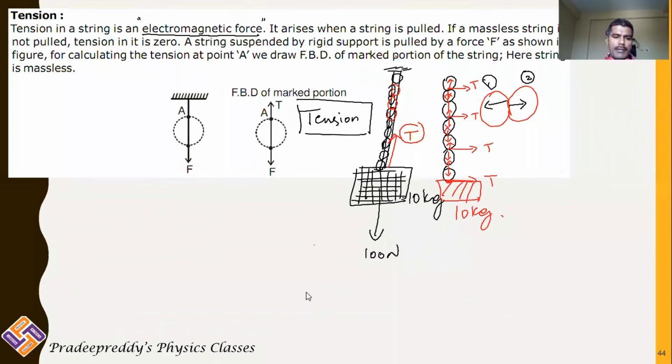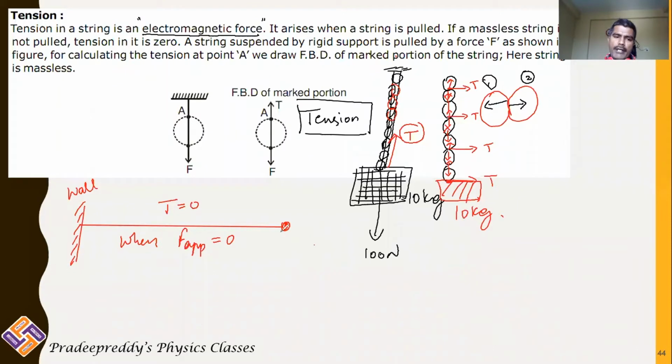For example, I'll give you one simple example. Let us take a wire, and this wire is attached to a wall. As this wire is attached to a wall, generally you are not applying any force at one end of the wire, and the other end is tied to the wall. If there is no force acting on the other side, you are not pulling it, you are not pushing it. Therefore, tension in the wire is equal to 0, because at any part of the wire, the atom is not externally experiencing any force. Therefore, tension in this string is said to be 0 when F applied is equal to 0.